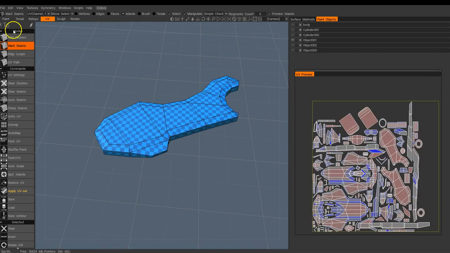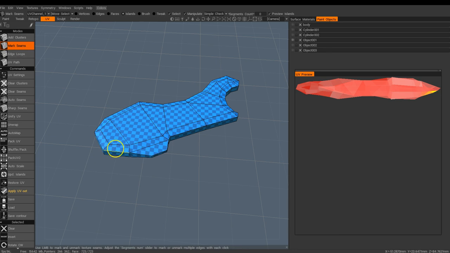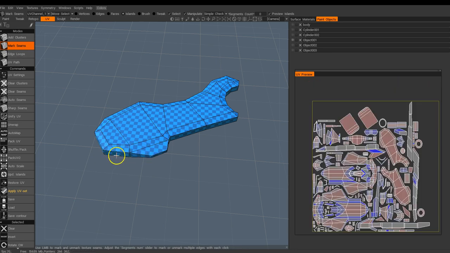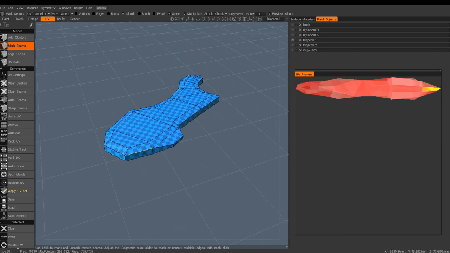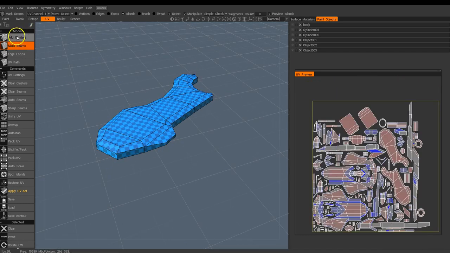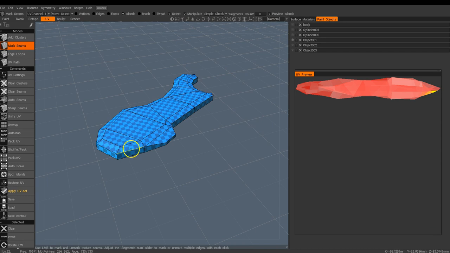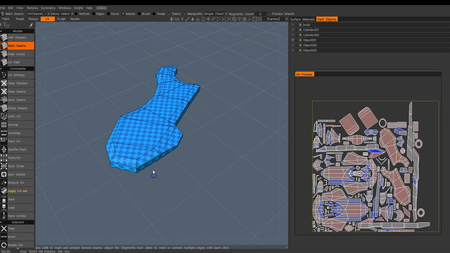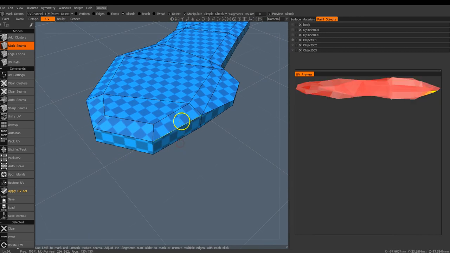Then all we need to do is, in this modes area, we have to start to select the edges that we want to basically make to be the outside seams of the UVs. So if we go to mark seams and we click on an edge, left click on an edge, you see this green line turns up. That basically means we've made a cut along there. And if we keep going,